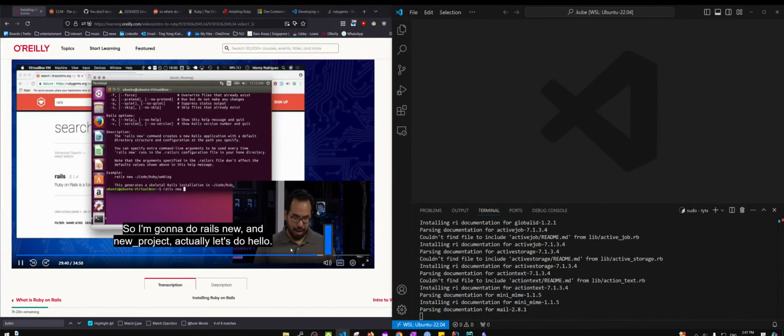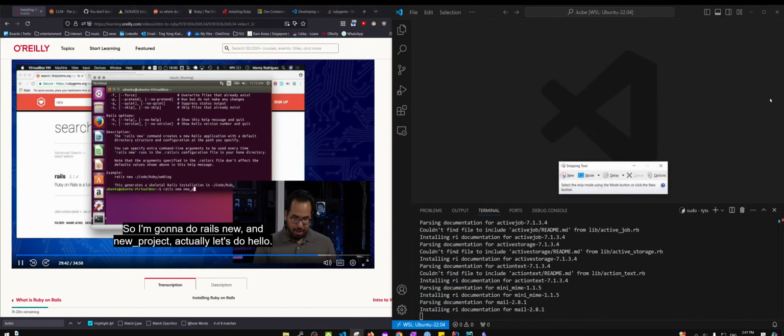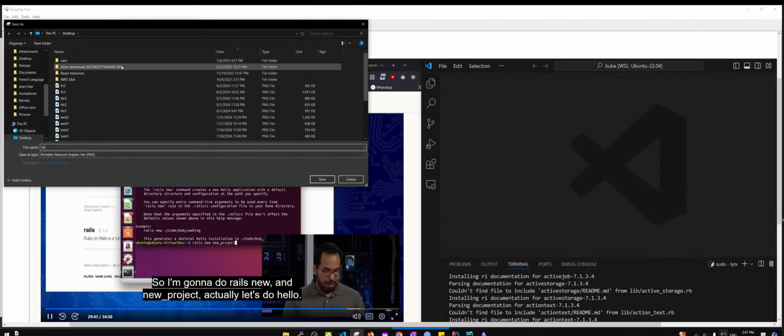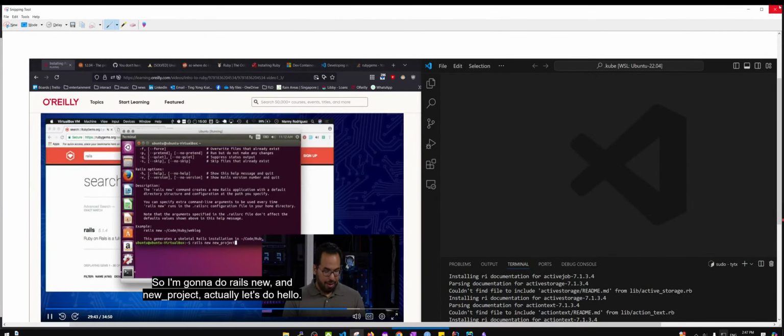rails new and new project. Actually, let's do like hello. We're going to get Rails to say hello. So, and you'll notice I totally